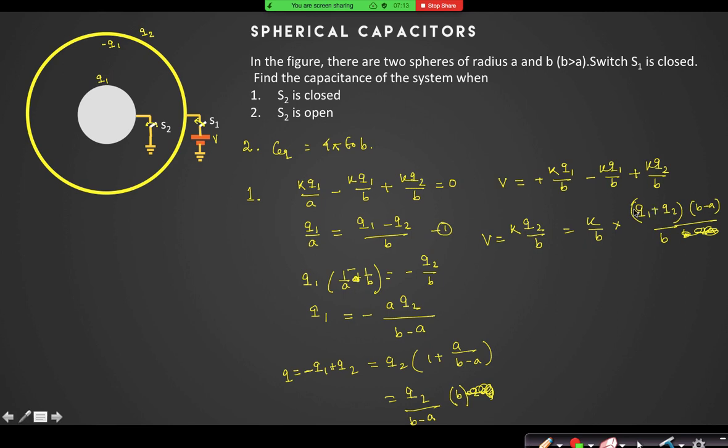So now you can see that charge sent by the battery Q is equal to B square by B minus A into K into V. So Q equal to CV, I can say that C equivalent is equal to 4 pi epsilon into B square by B minus A. Right? Basically, this process that I have used to solve it here is a very fundamental process and it is completely related with electrostatics. But there is another way to solve this question. Let us try to understand that way.